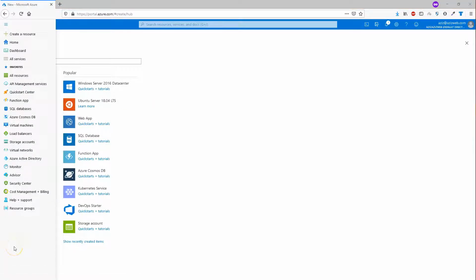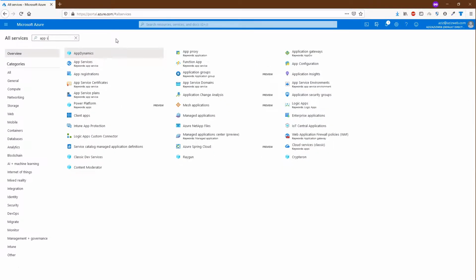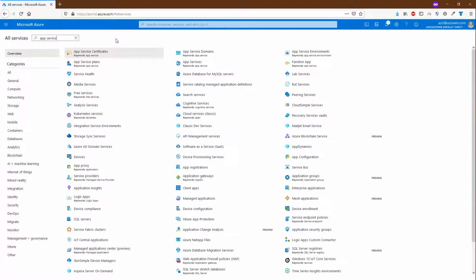To add a resource link in favorite menu, click on all services link. It will open a new page which displays all Azure service categories and some featured services. Type couple of letters in the search text box. For example, if we want to add app service again in favorite item list, then type app service or web app. Azure will display all relevant services based on the search keyword.